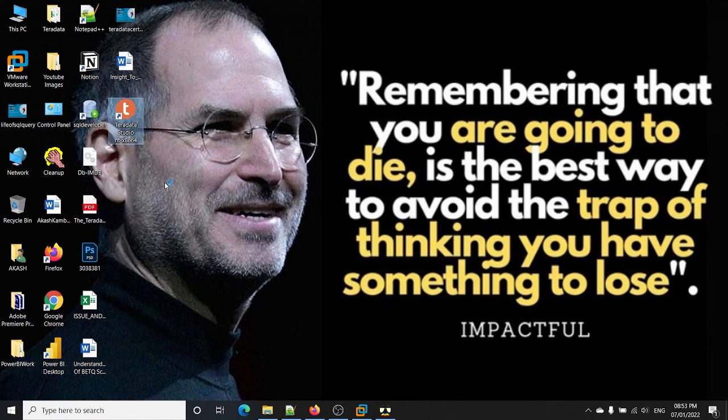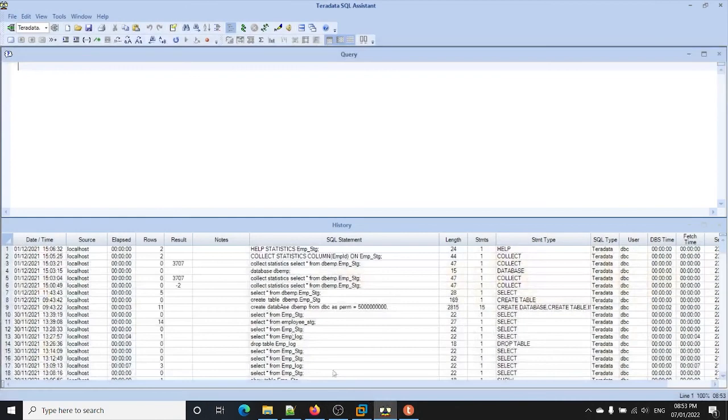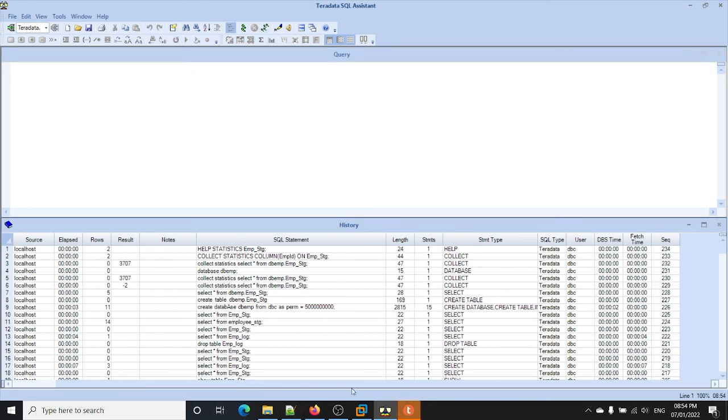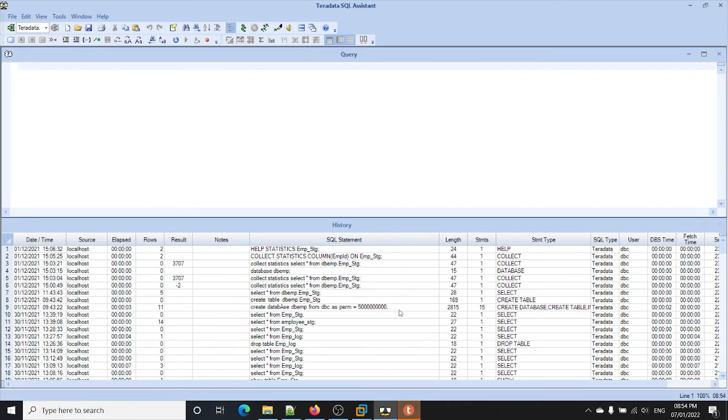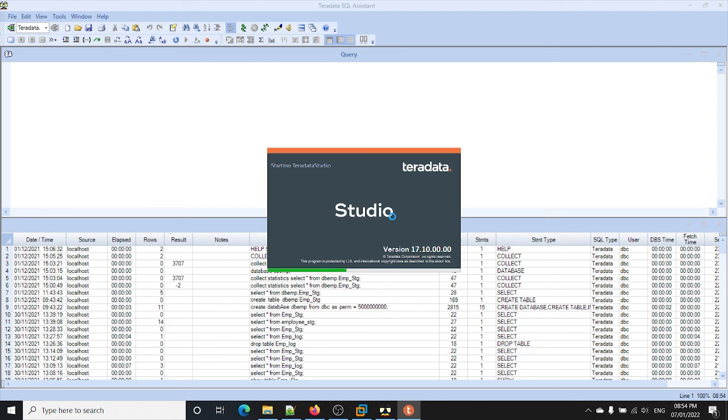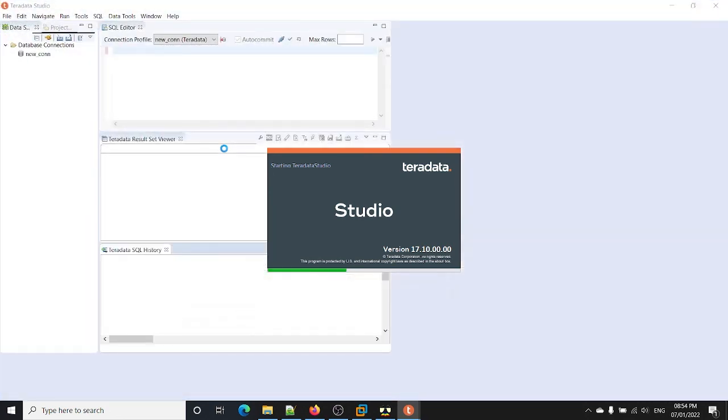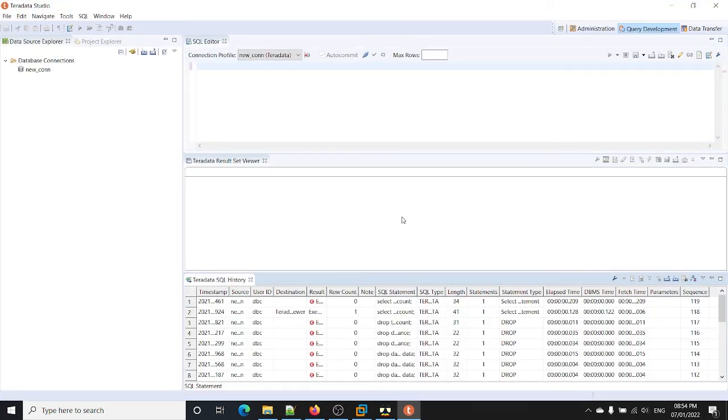Let's open Teradata Studio as well. This is how Teradata will look. It is pretty amazing. If you come from any other database background, you will not find these steps like what commands you have executed, and all those things will be mentioned over here. You can see over here. This is the other software. Let it open. Okay, this is Teradata Studio. This looks pretty amazing, and it is used mostly by the admin team.